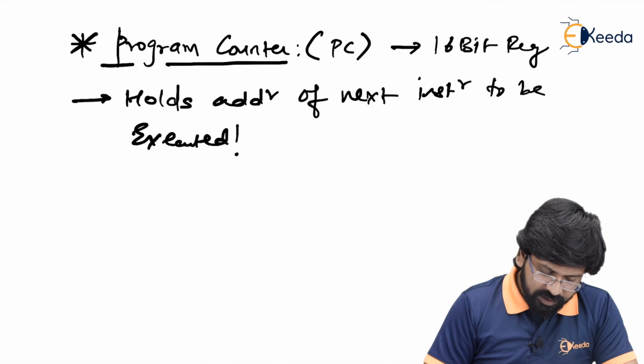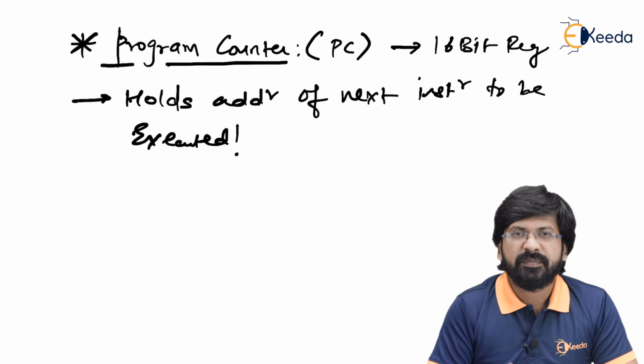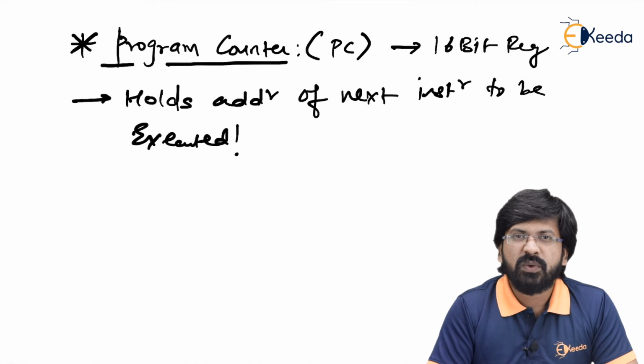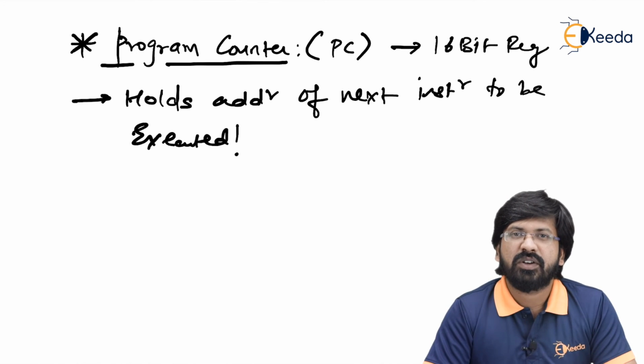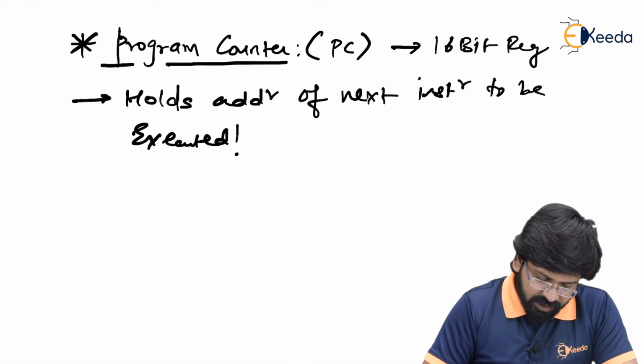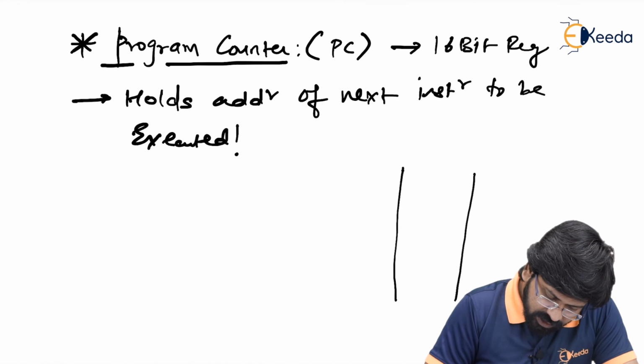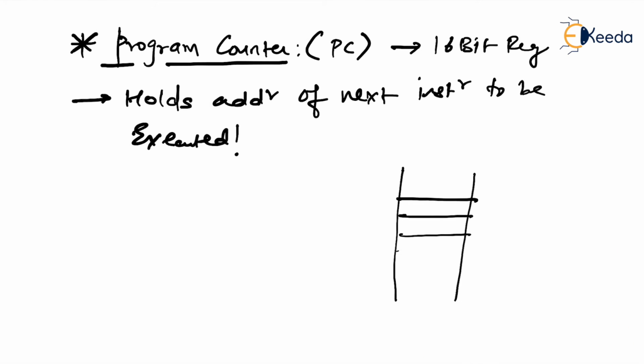See, practically we write some code and we first of all store it into memory. So where is the code present, inside a microprocessor or inside memory? Of course it is inside memory. So if you see structure wise, you will see all the instructions are stored inside memory location wise. Let's say 2000, 2001, 2002, 2003 and so on.